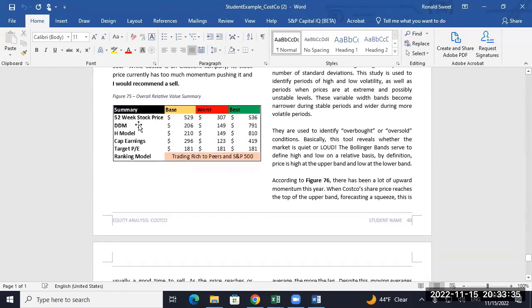All right, so he has a 52-week price, which you can put in if you like, the dividend discount model, H model, cap earnings, target PE. He didn't do scenarios on that, but you could. He doesn't have the PE ratios, so